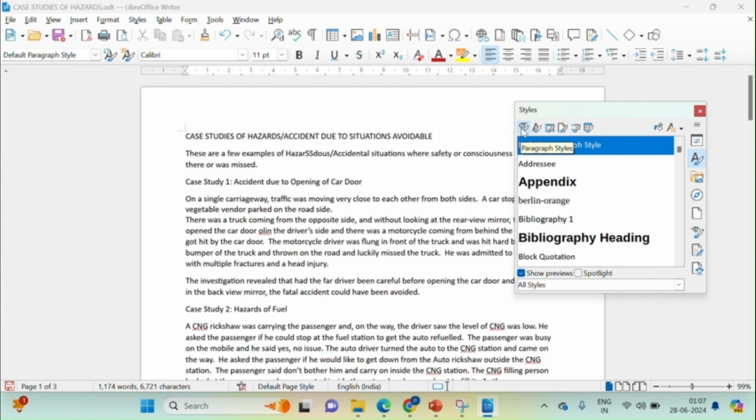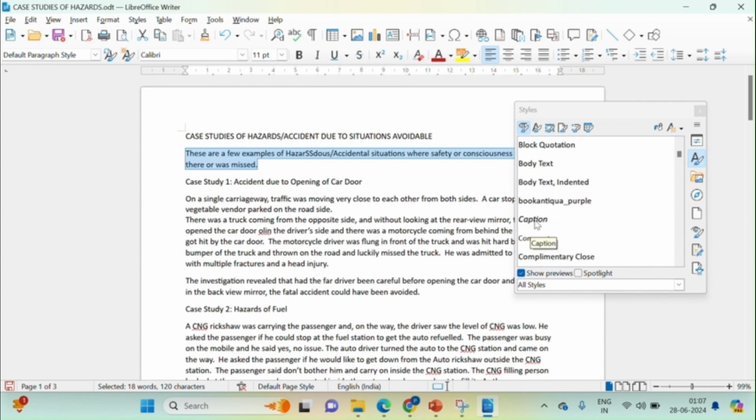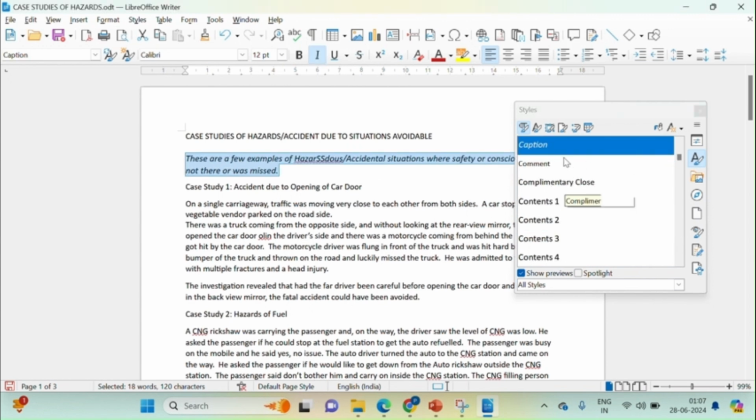Now paragraph style is used for applying the particular styles on a single paragraph maybe, or maybe to all the paragraphs of your document. For example, now we have selected this text and shall be applying one paragraph style. For example, in our case, we are applying caption. So as soon as you double click on the respective paragraph style, it will be applied on the text that you have selected.